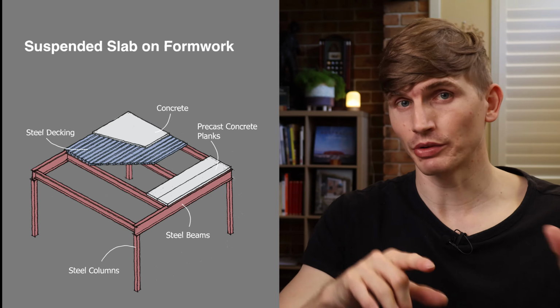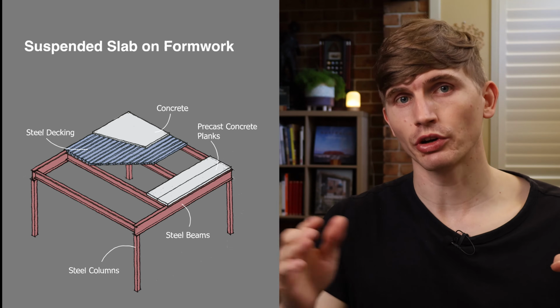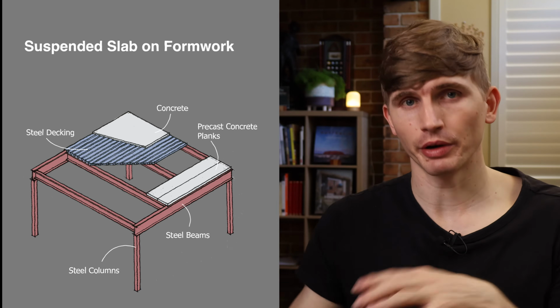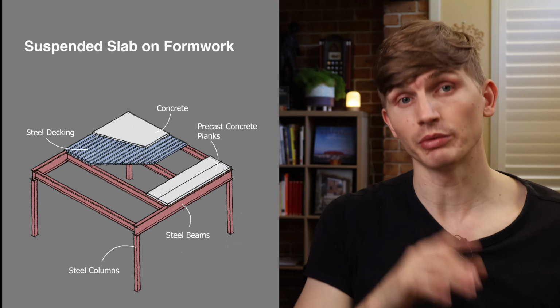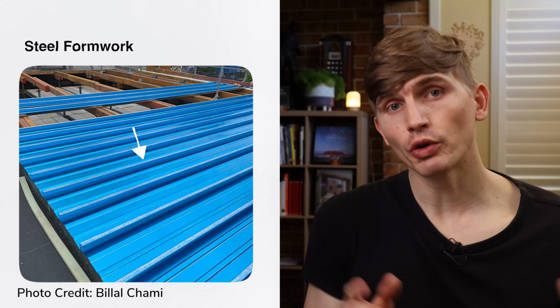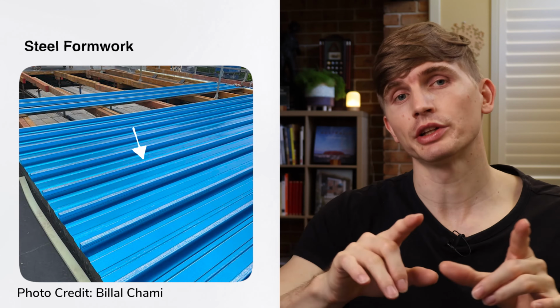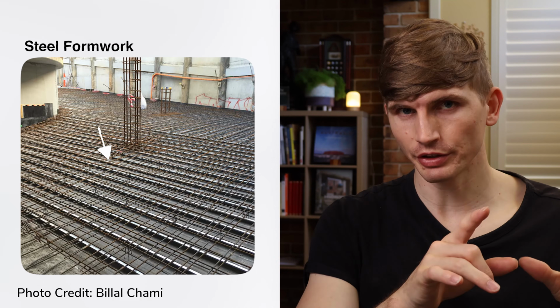Now onto suspended slabs on formwork. Reinforced concrete slabs cast on formwork span between supporting walls, columns, and posts. They're generally used where fire-rated construction is required, or access to the underside of the slab is desirable, as in basement garages or first floors. Specialized steel formwork is a popular method for creating these suspended concrete slabs, not only just to get the form and shape, but they also serve as part of the reinforcement, which leads to greater efficiency and speed of